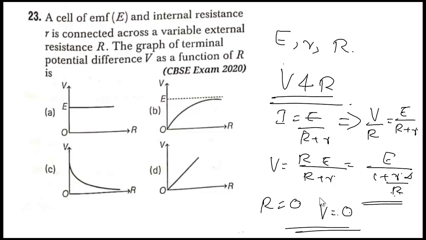So at which point is R equal to 0? When R is equal to 0, here EMF is present, here potential is not there, and V is equal to 0. So either one of these two can be the answer. So whether it is varying directly proportional, it's not directly proportional, it is varying. From the equation itself we can write down, or you can see how it will be varying at infinity. If R is equal to infinity, 1 by infinity equals 0. So V is a value which is nearly equal to capital E. So the answer will be B. Okay, so this is how we will be finding out this one.